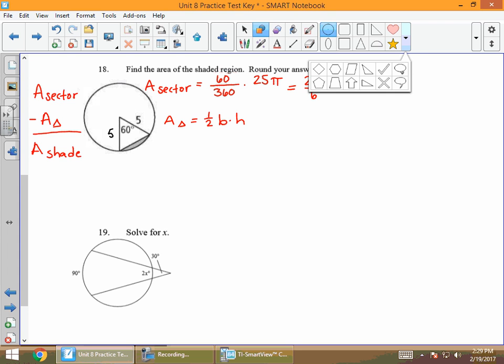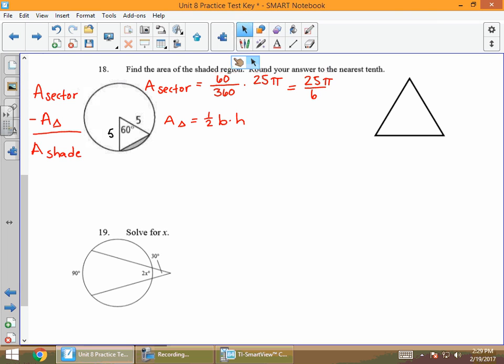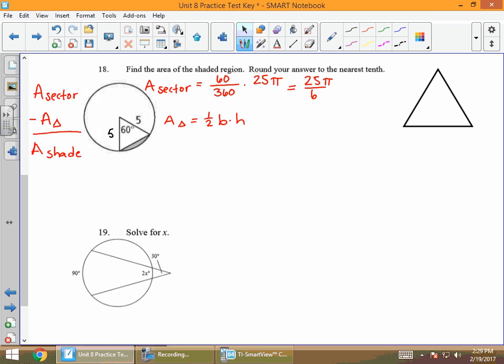So let me put in a little equilateral triangle here. There we go. There's an equilateral triangle. And I know that the distance is 5 and 5, and this base down here, the whole thing is 5. So this area is 1/2 of the base, which is 5, times the height. So how do I get the height